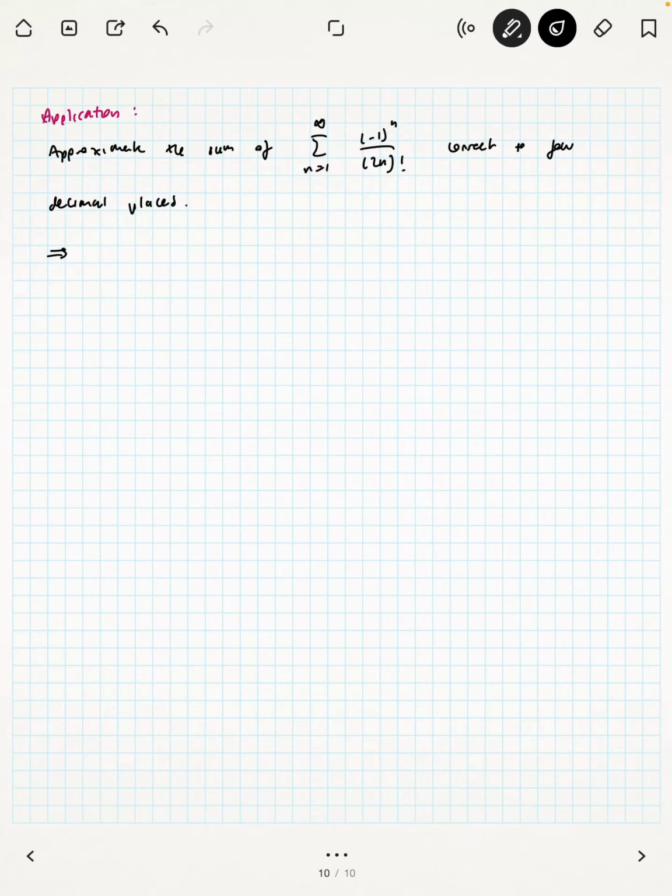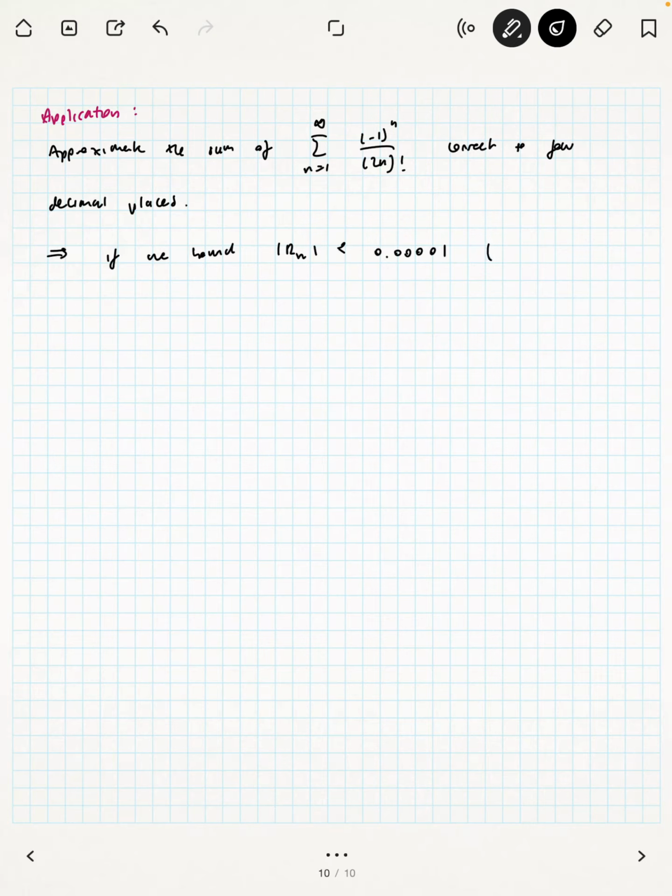Okay, you may be wondering, how are we going to do that? So the point is that the alternating series estimation theorem says that if we bound the magnitude of r sub n to be less than 0.00001,